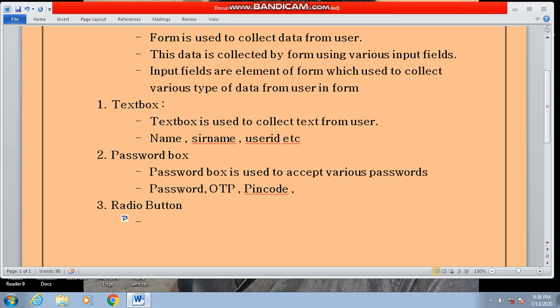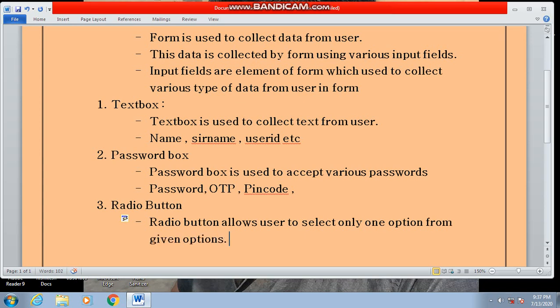Basically, the user has to select input, not enter it. The working principle of a radio button is that it allows the user to select only one option from the given options.